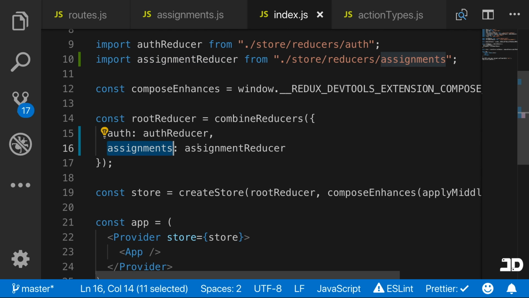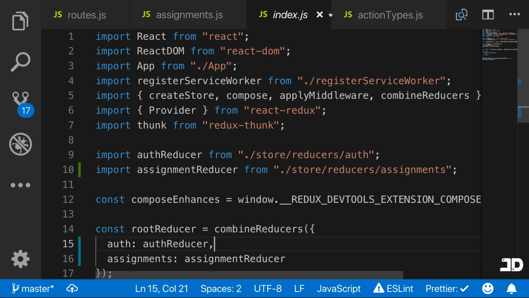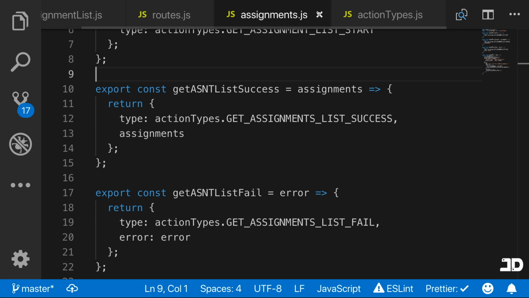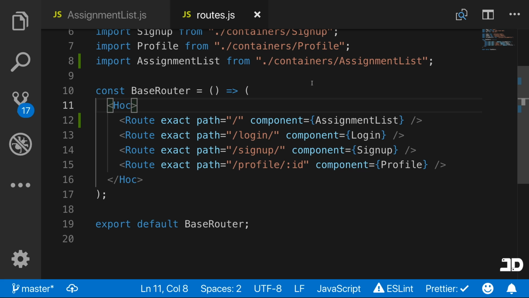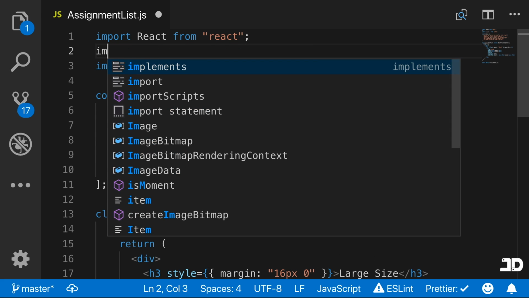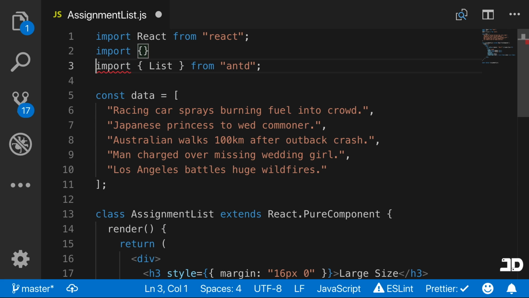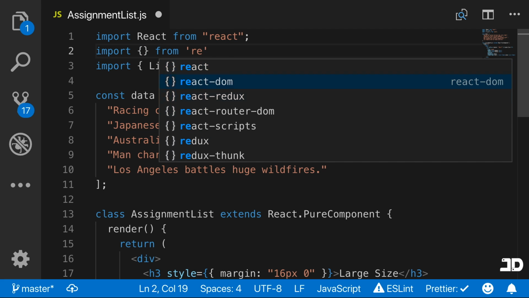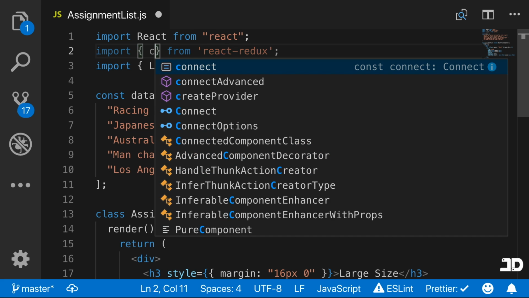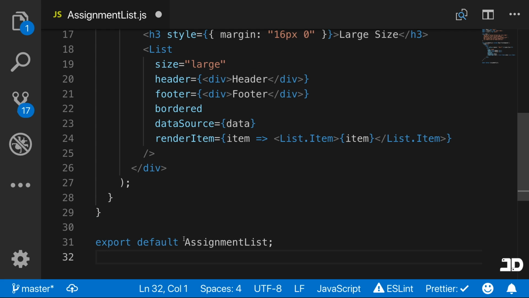So now we can access the assignments via the assignments reducer, and we can close that now and close the assignments and action types. And now we just need to connect our assignment list to the store, which comes from React Redux. So this is connect. We'll come down to the bottom here and say connect the assignment list,